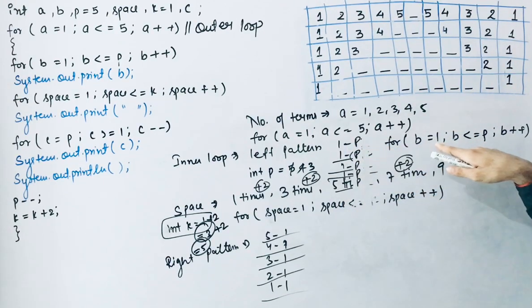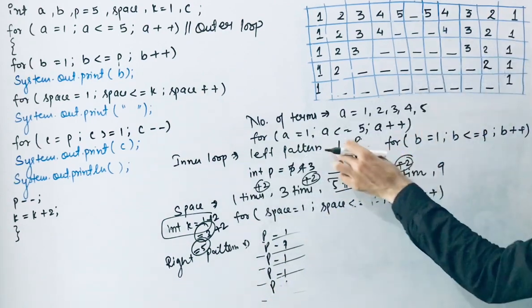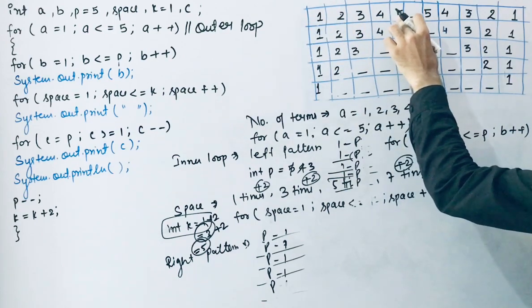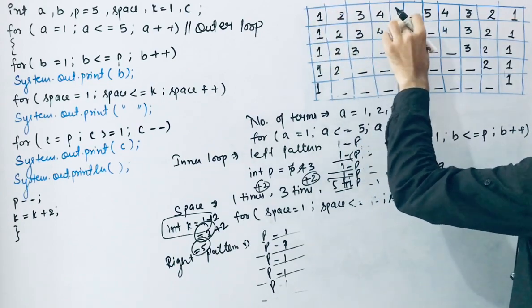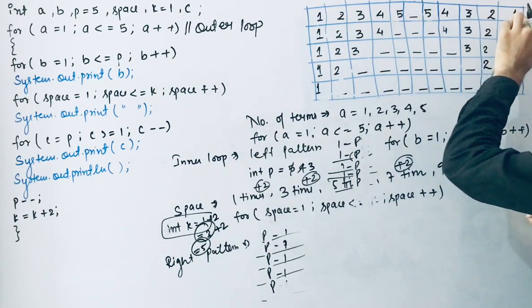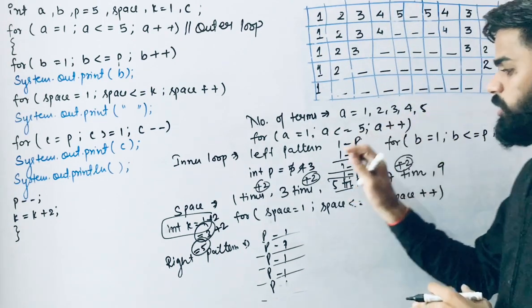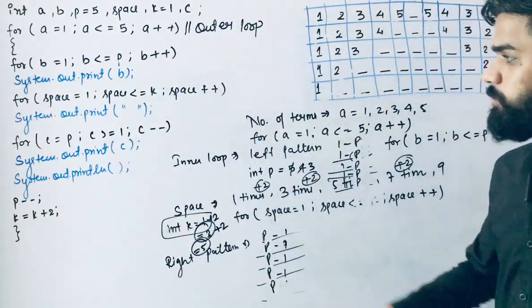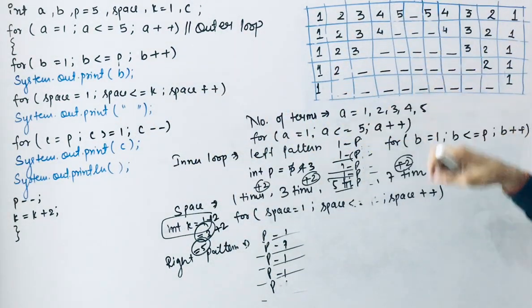The second time, again it runs 1 to p times, and that's why I am writing p here also, because when it runs 1 to p times, again it starts from 1 to p, so p equal to 5, and then p equal to 4, and then ends with 1. So what I am saying: start with 1, end with p, and then again start with p and end with 1. So this is the basic concept for printing your right pattern. And now through this code or program, we are able to print this whole pattern with the spaces.